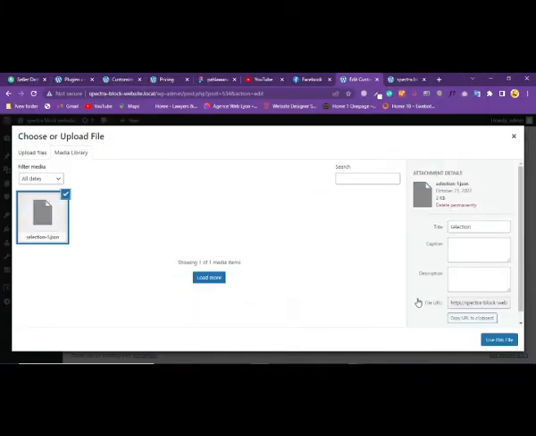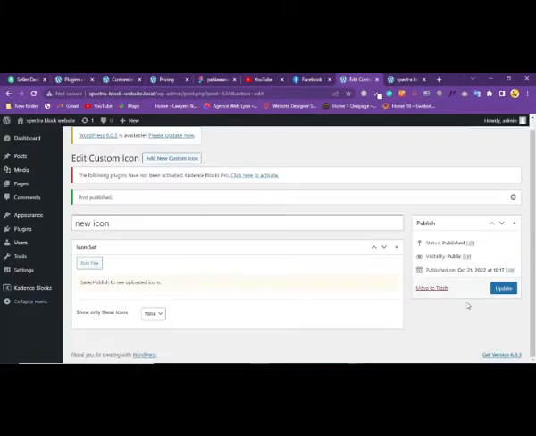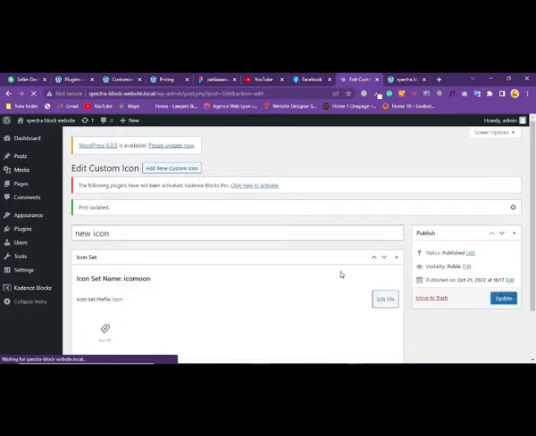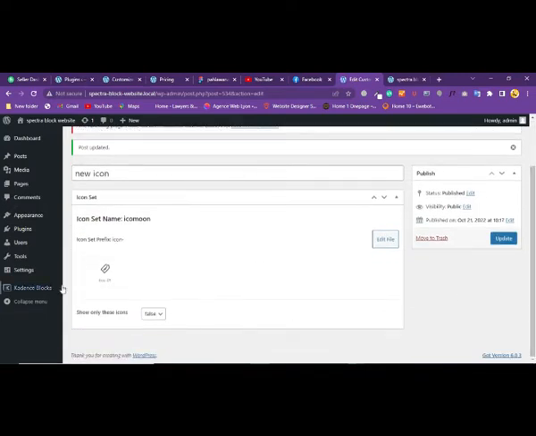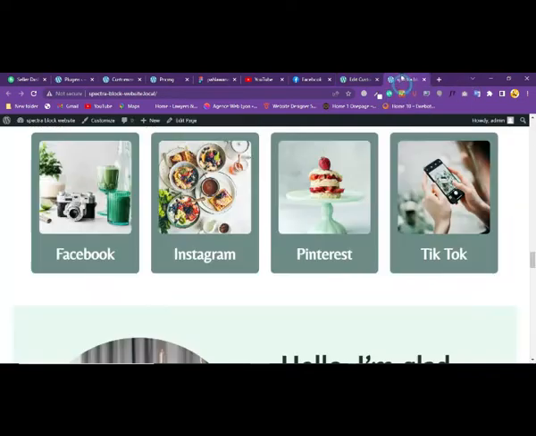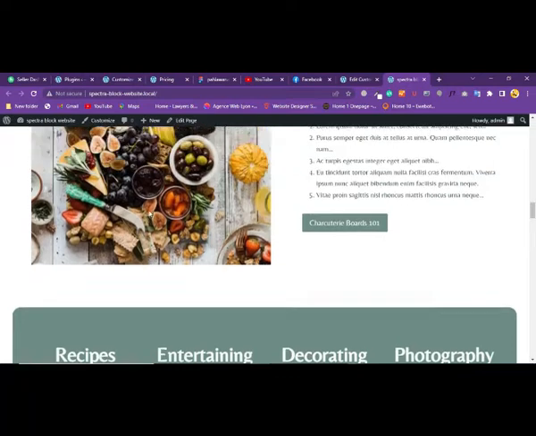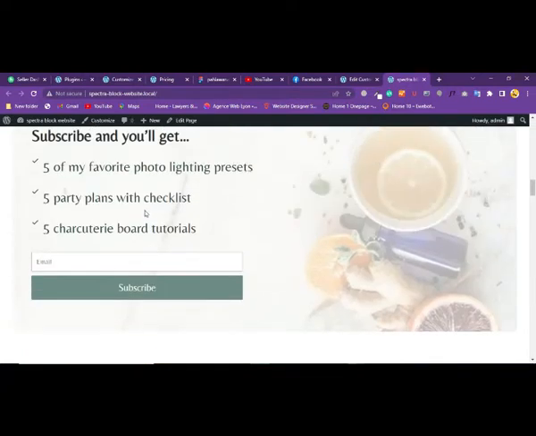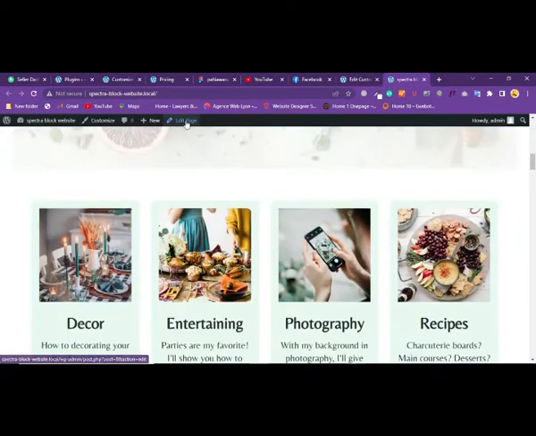Yes. Now I add the right icon. Now update. Here you add a custom icon, JSON file type. So if you go to your website and you want to add a custom icon anywhere, just edit the page,